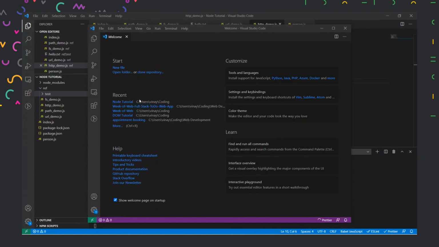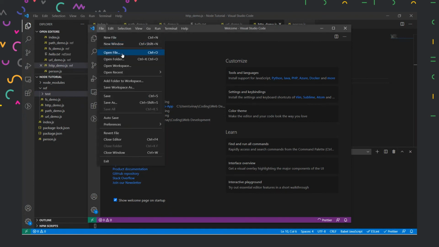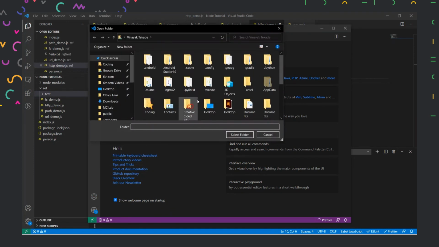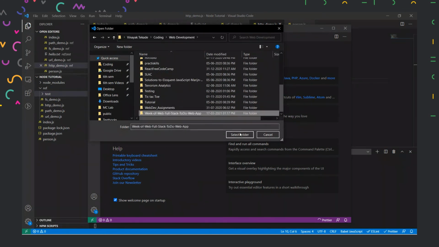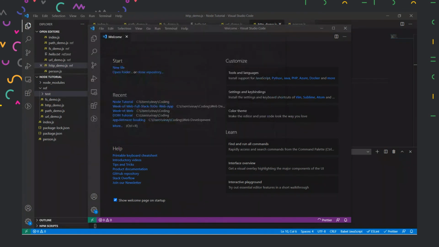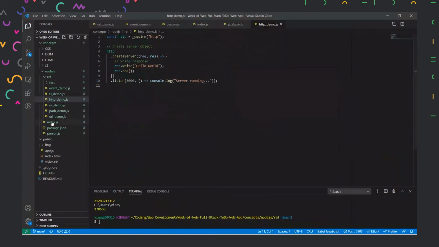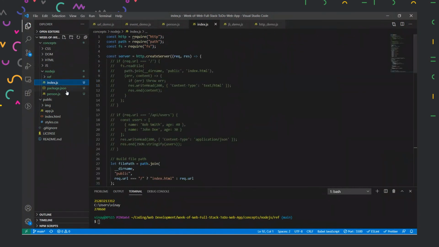And then when I open this folder, I'll just type open folder over here.